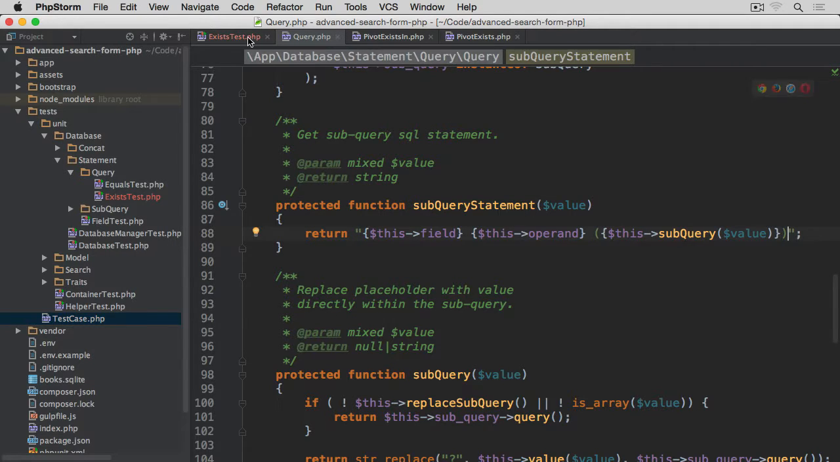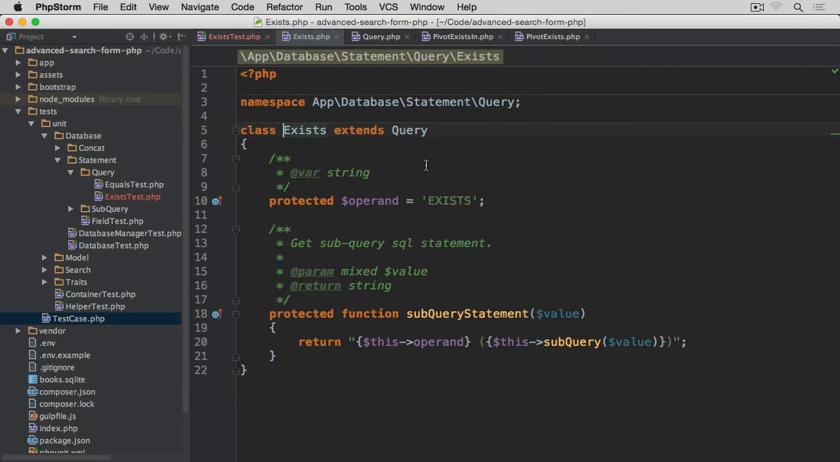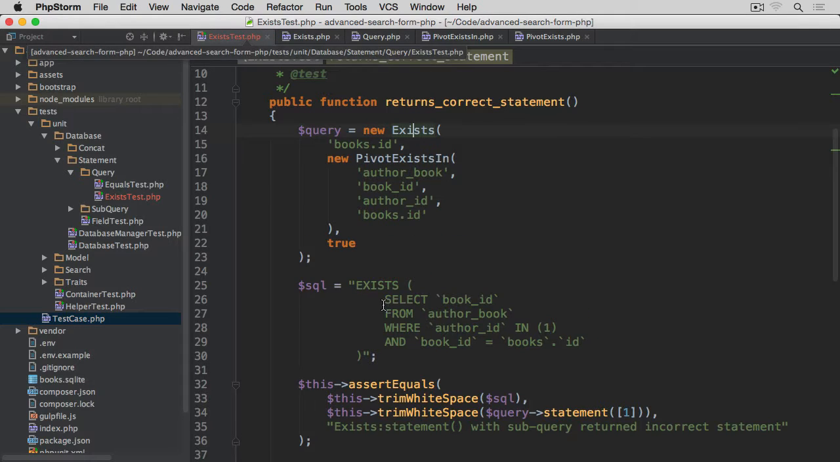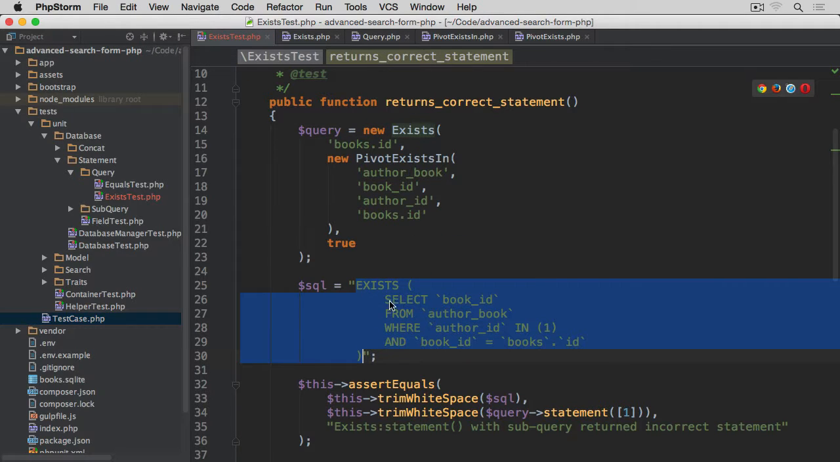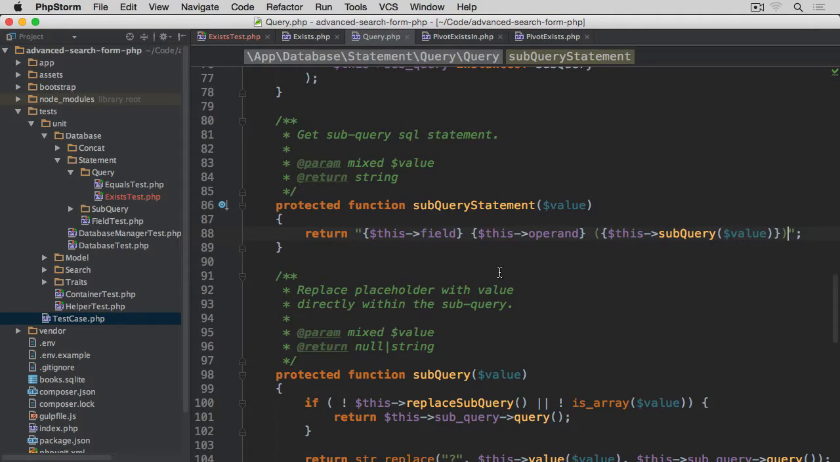However, if we go back to our test, exist one overrides the subquery statement, as you may remember. So we only have the operand, which is going to be this exist, and then within the bracket, we're going to have our subquery, which is what we're expecting to get here. We have exist, space, and then brackets, and then our subquery goes there. So what happens next? If we go back to the query,